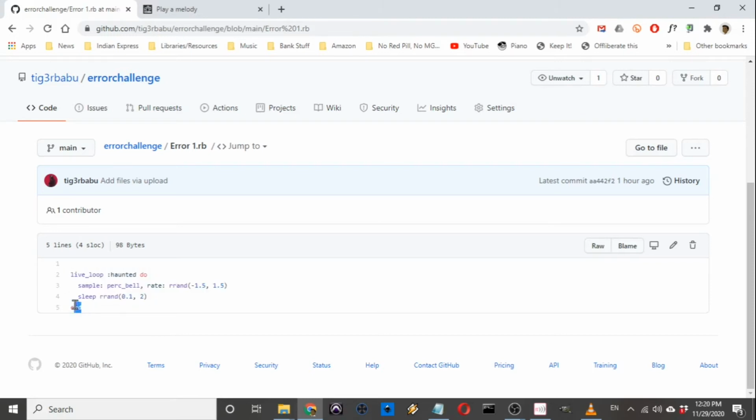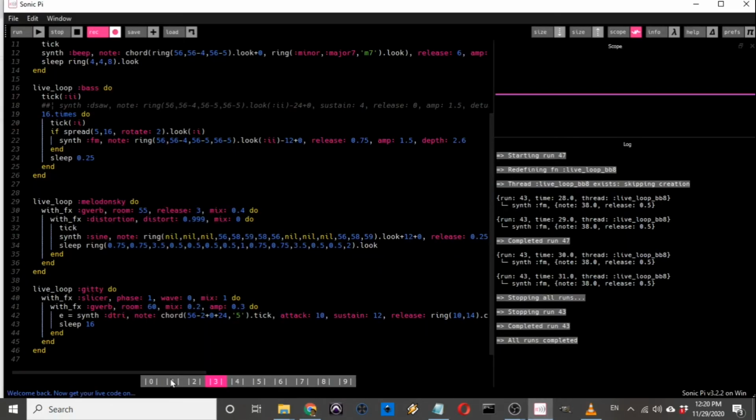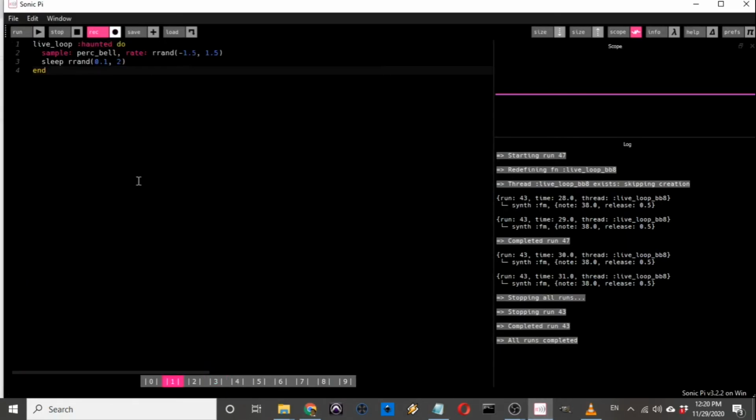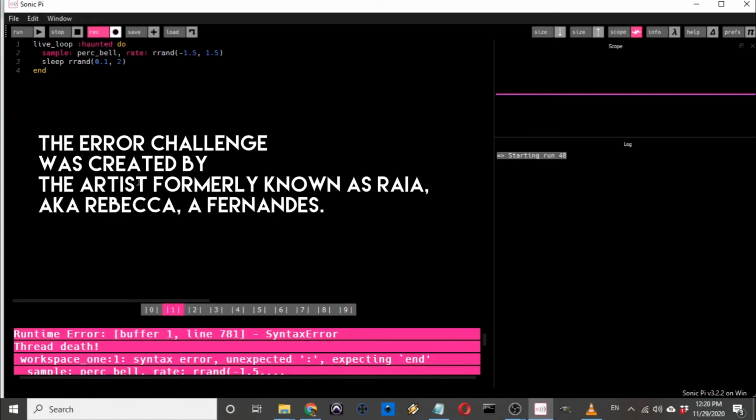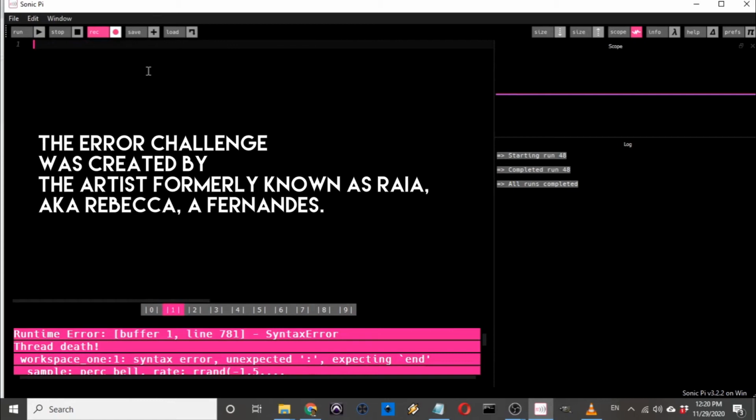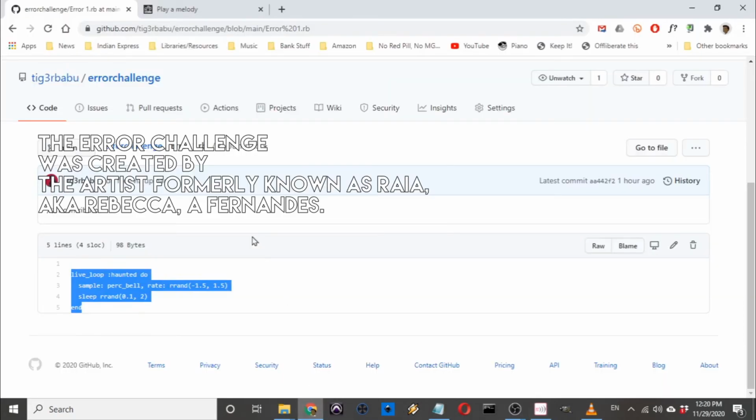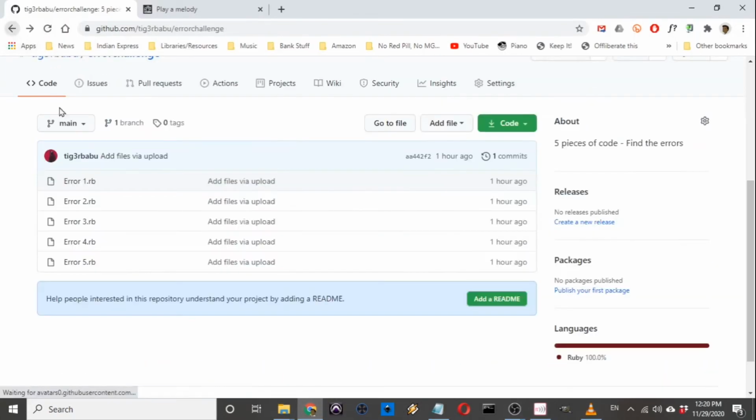You can copy it, take a blank buffer, paste it in there, run it, and find where the syntax error is. That's the idea, okay? So there are 5 pieces of code here. You can take any one of them, all of them, and try to find the error, okay? And all you have to do is correct the syntax, run it, and if it's running, you found the error.